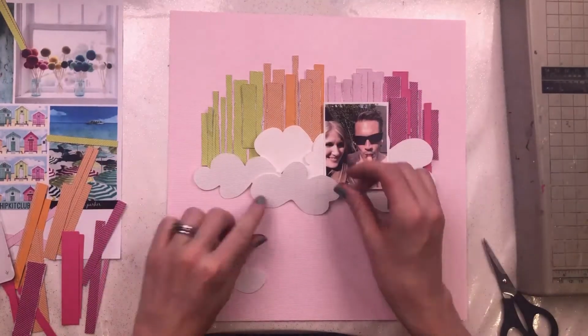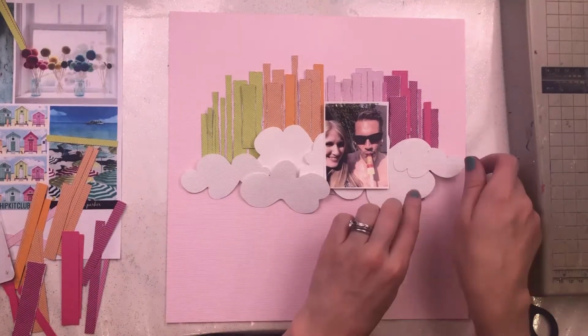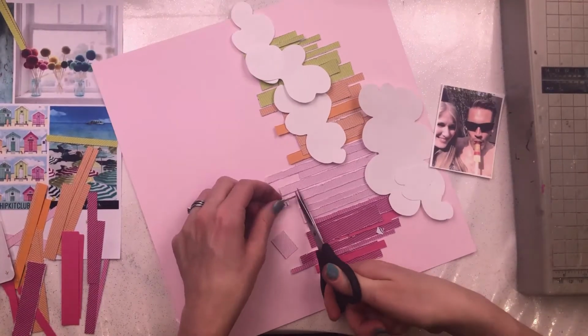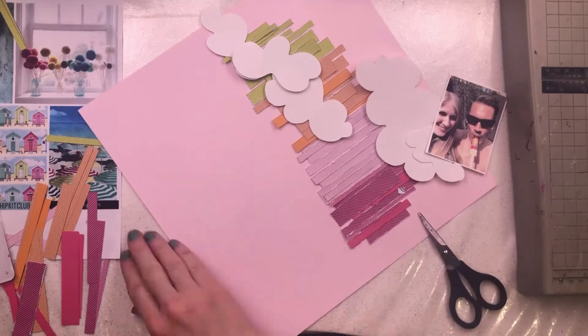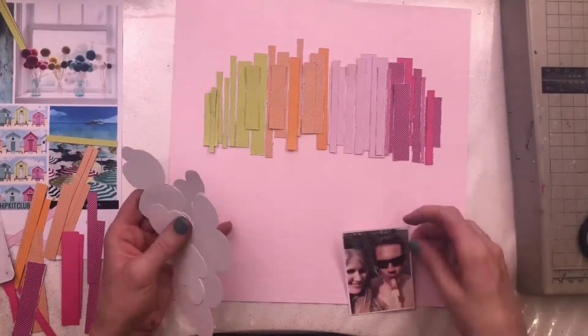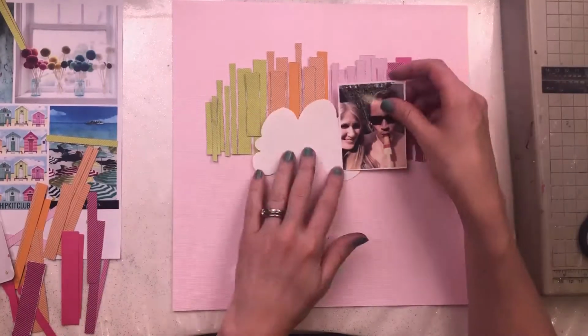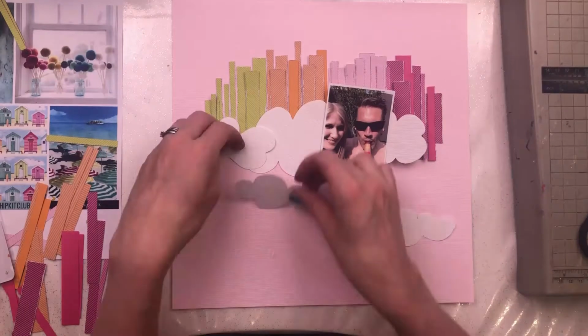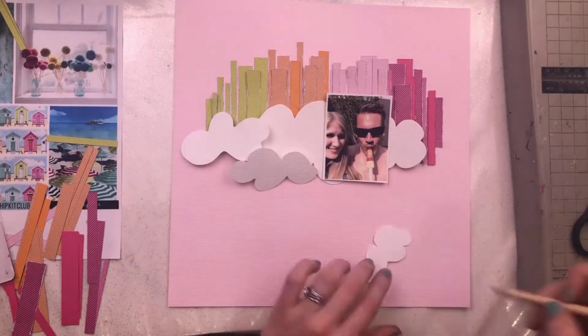So I've literally just hand cut these clouds. I literally drew them onto a piece of paper and cut them out. And then I wasn't happy with only having 3 of them. Once I'd got my photo and all my strips in place, I felt that I needed a few more. So I have cut out a couple more, but larger ones, so much bigger. So I have 3 smallish ones and 2 quite large ones, and I'm going to arrange them onto the layout